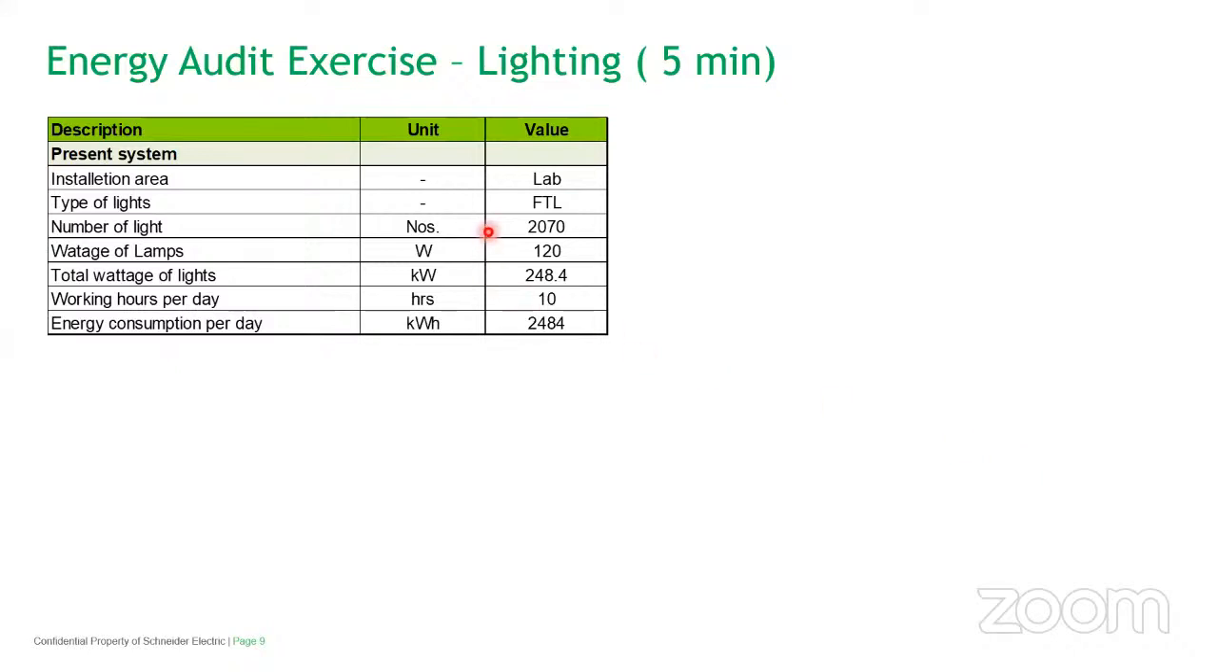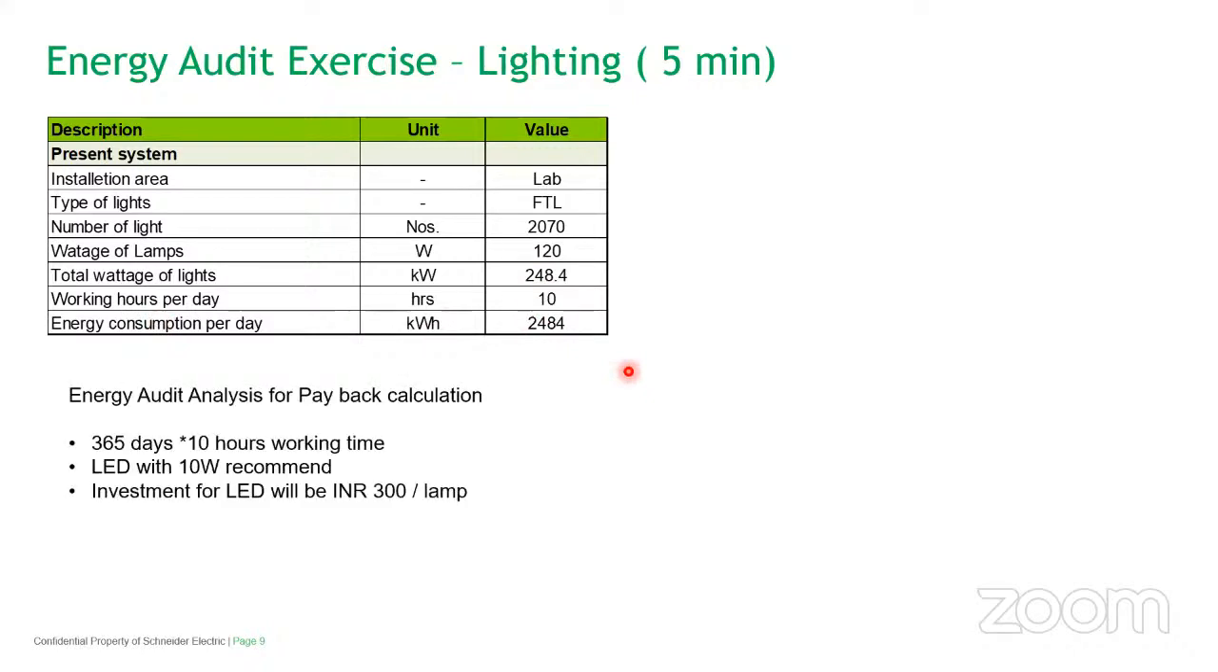So here there is one facility or a particular building. It has fluorescent lamps, the number of lamps is almost 2070. The wattage is 120, and the total is almost 248 kilowatt, running for 10 hours. What will be the calculation based on the audit, how are the values coming, if this facility is running for